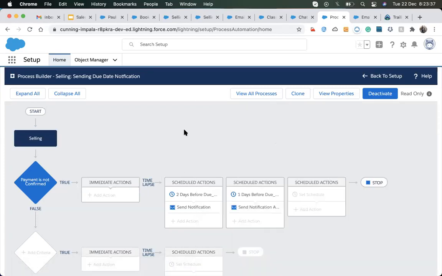And one more thing, as you know, once it is scheduled, it will send the notification regardless of whether payment is confirmed before the notification is sent. So that's the thing. And one more thing, let me check. Yeah, if payment is not confirmed, then it will schedule an action. Let's check one more thing.